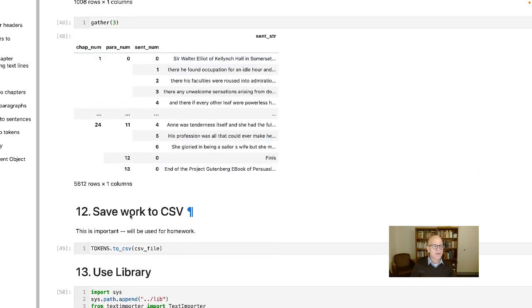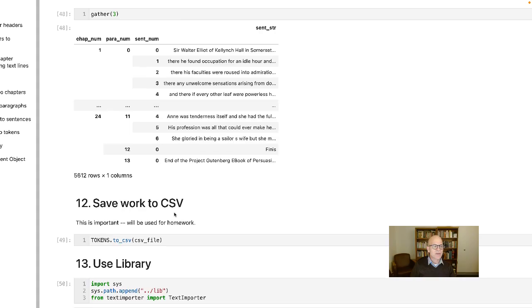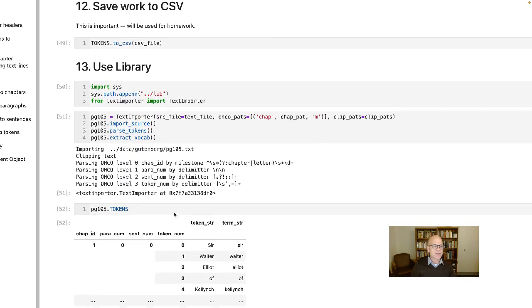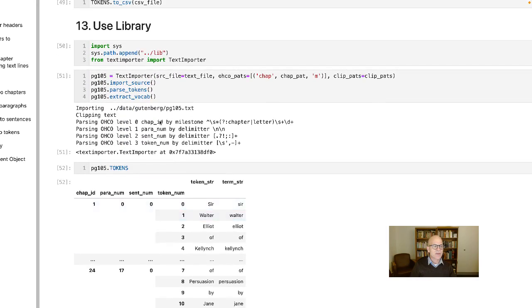And now I'm saving my work to a CSV file. I conclude here with a version of the whole operation conducted using a class I created called text importer, which I can provide to you if you want to use that. All right, so let's go to